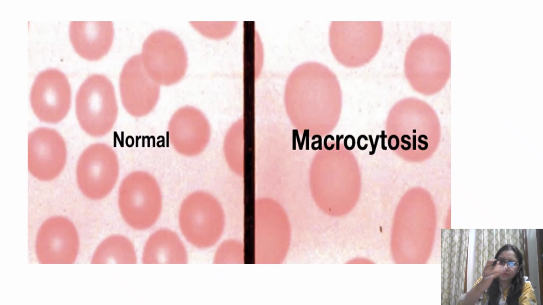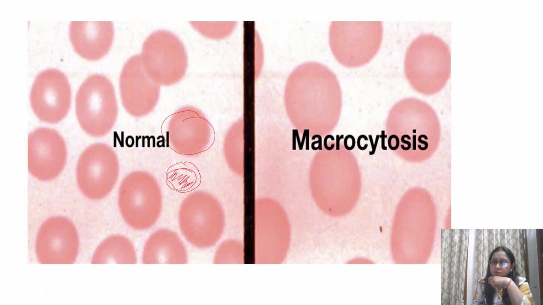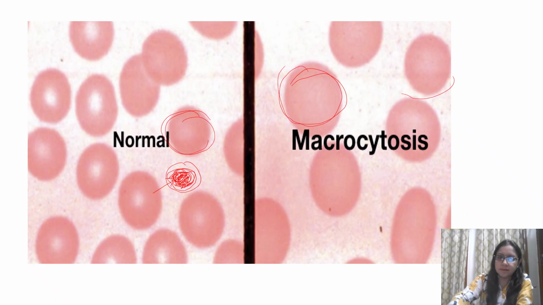So let's see how normal RBCs and macrocytes look. Here you can see very normal looking RBCs. When we say normal looking RBC, we always compare with the nucleus of a small lymphocyte. Suppose this is a small lymphocyte; the size of the RBC should match the size of its nucleus. Then we call it a normocyte. This is just a comparison to show you how the RBC looks. Here we have normal RBCs, and here you can see macro-ovalocytes or round macrocytes. This is macrocytosis, when RBC size increases.